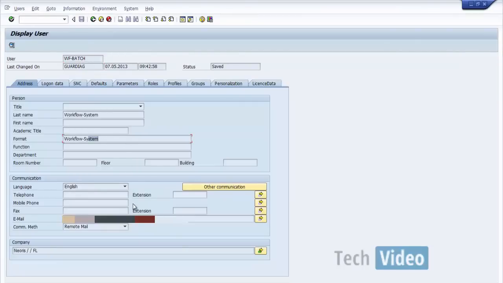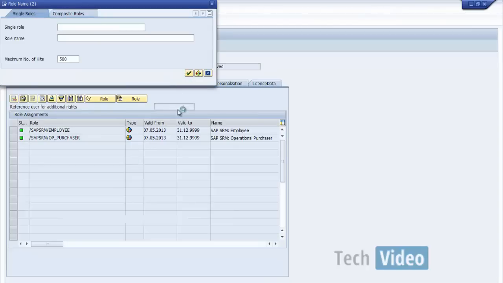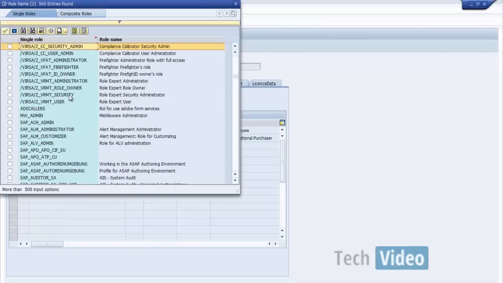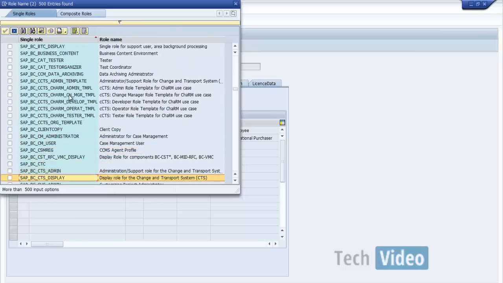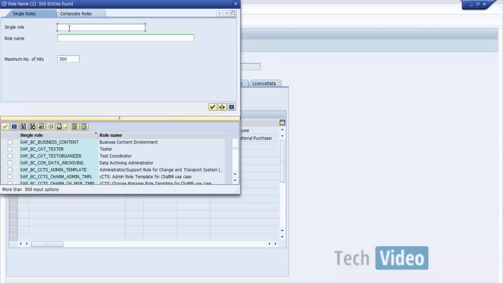It's a workflow system administrator. And when I click on the roles associated with it, I see two roles of an employee and a purchaser. These are the highest roles in this system currently, but you may choose to select the search help and choose the SAP all option. Let me just show you the same. There is an SAP all option where you can select and maintain the entire authorization, or you can choose the SAP admin user authorization for this particular user. We need to ensure that it has got all the roles that have been active in the system.